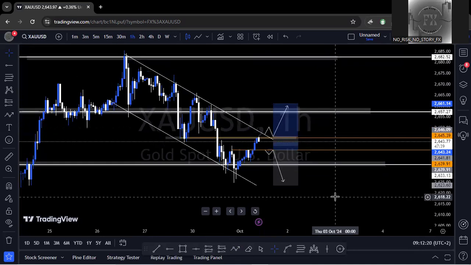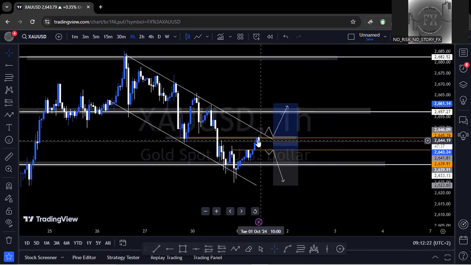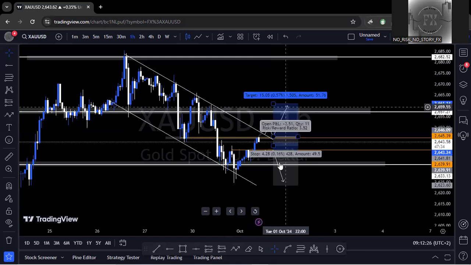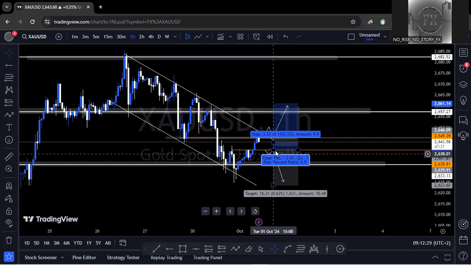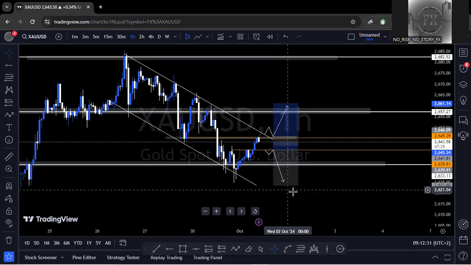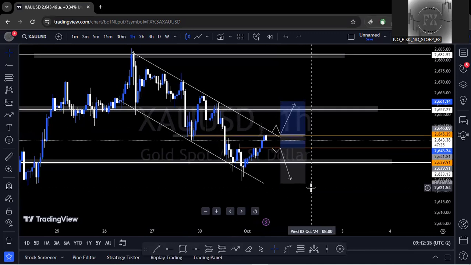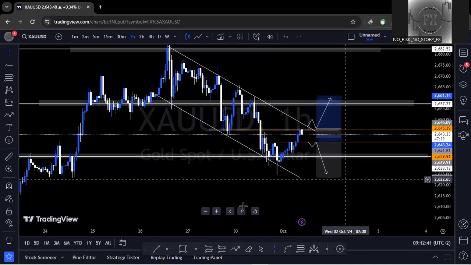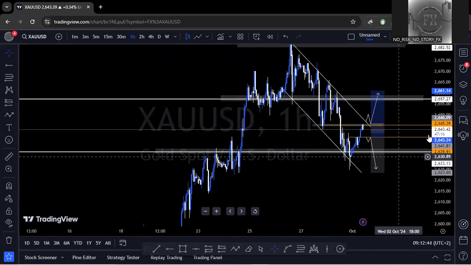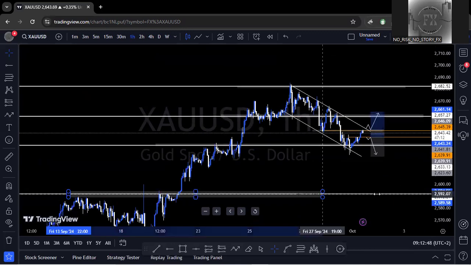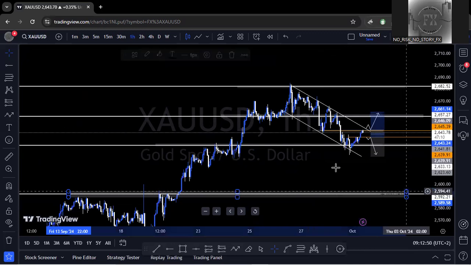So now we should just wait for this market to either break above here, retest, then go to the upside, or just break below here, retest to then go to the downside. And these are scalping entries, right? These are scalping entries, whereby if you want to get a much better entry and with a much better risk to reward ratio,